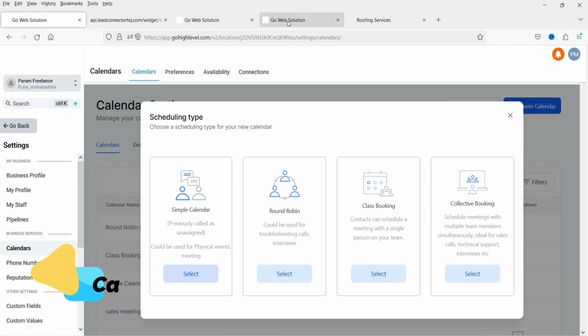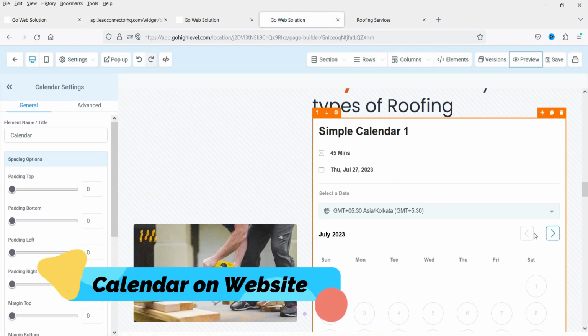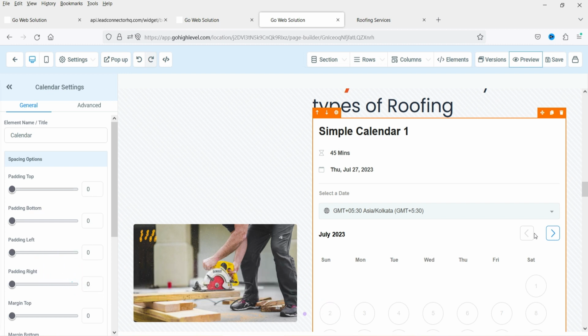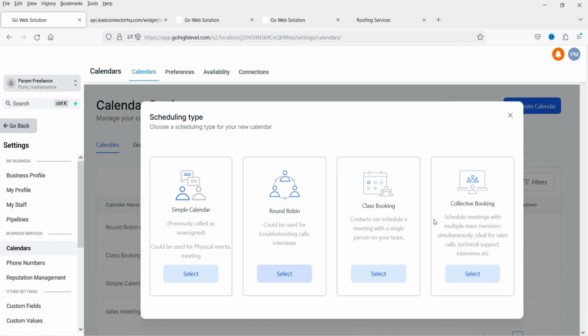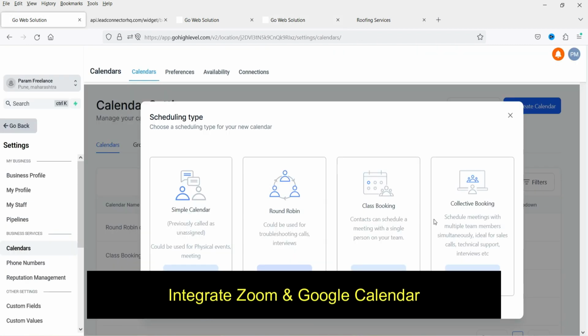I will also show you how you can integrate these calendars on the sales funnel or the website that are created on GoHighLevel, or you can use these calendars or the appointment booking system on any third-party website such as WordPress or any other website. So if you do not have a sales funnel or website created on GoHighLevel, you can still use these calendars on your own website. I will also show you how to integrate the Zoom or the Google Calendar with the